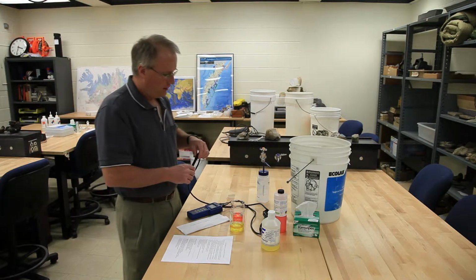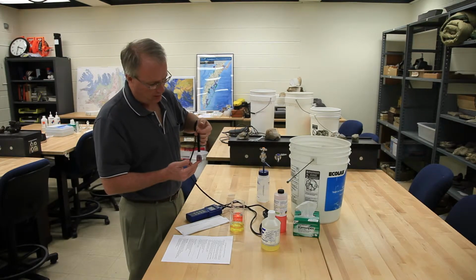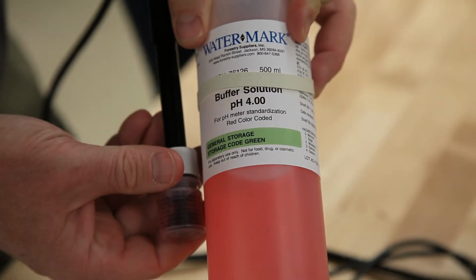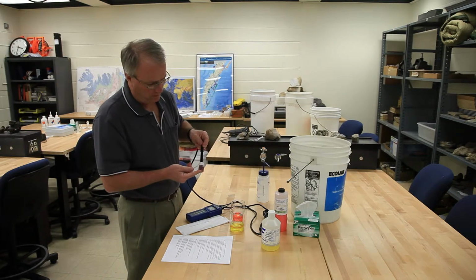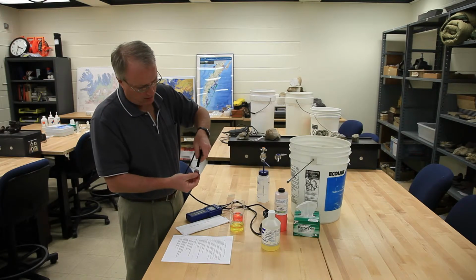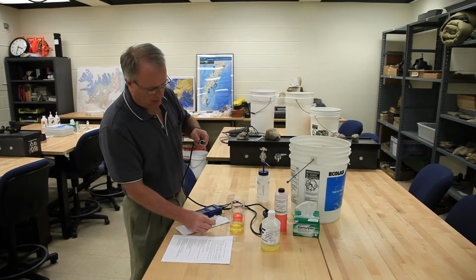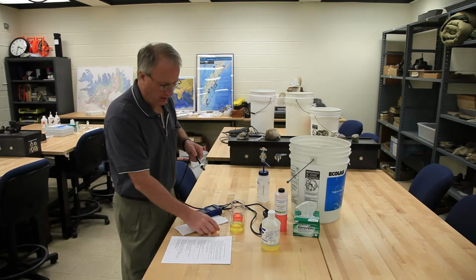So what we have here is the meter as it comes in storage, and there's a couple of important things to know about this. First of all, it always must be in this liquid. It is a pH 4 buffer solution, and so if this ever gets spilled, you always refill it with pH 4 buffer solution, and it stays in that all the time except when you're using it. To take it out of this, you unscrew the lid, pull the probe out of the bottle, and leave the lid on the probe. So you can work with the probe exactly like this, and just set this aside